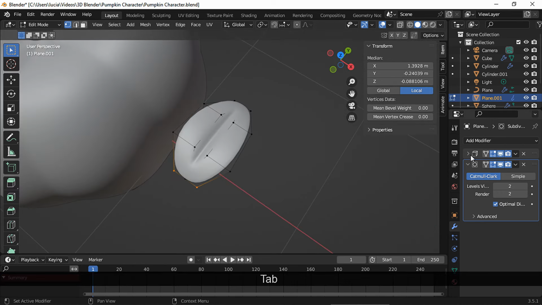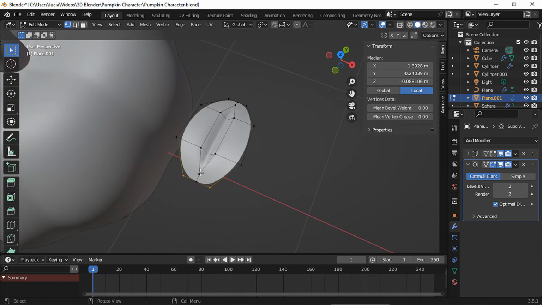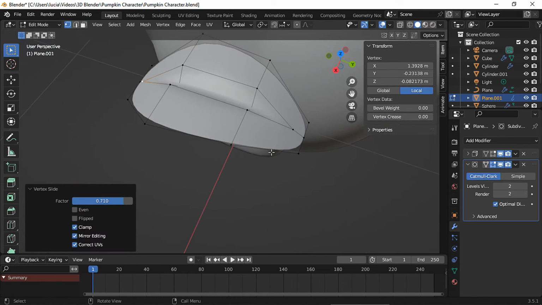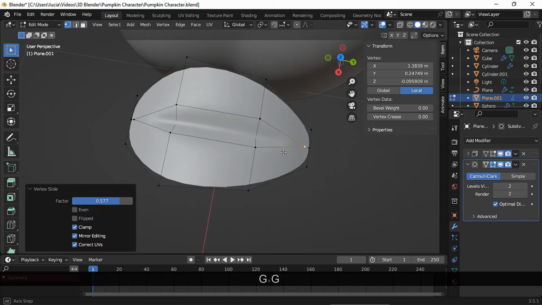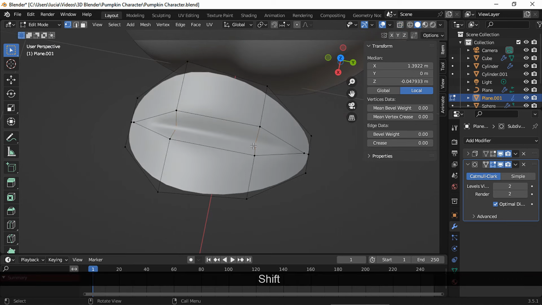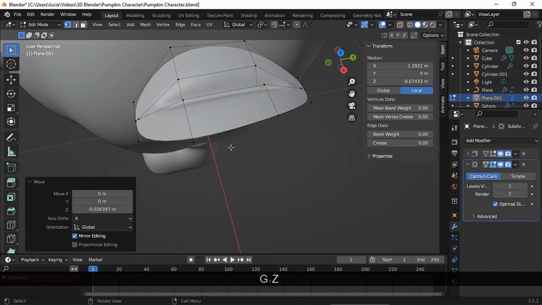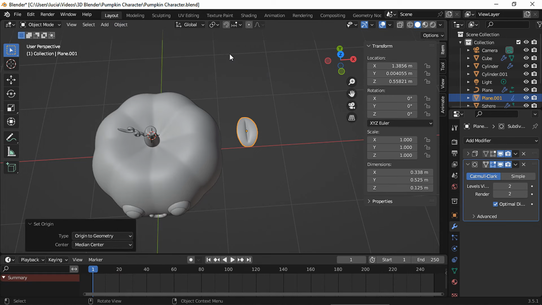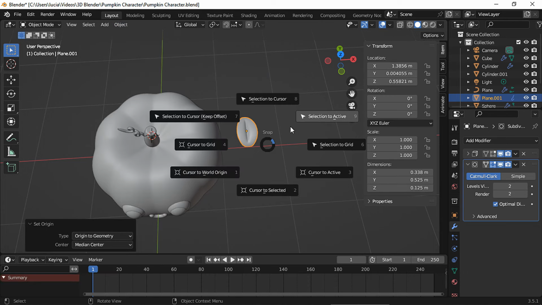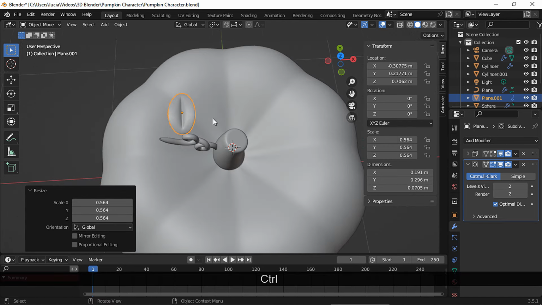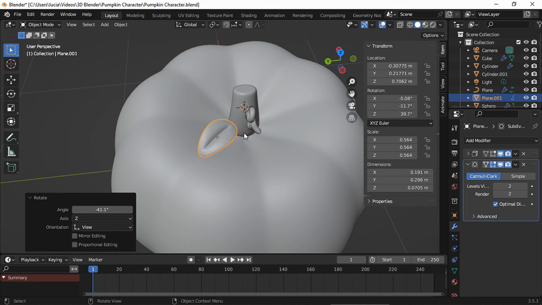Let's do a small touch-up, disable the solidify modifier so we can see better in edit mode, and move this vertex closer to the bottom and move this one closer to the top. Select these 2 middle vertices and move them down a bit. Okay, now let's set the origin to geometry, and since we have the 3D cursor where the stem is, simply set the selection to cursor to place it faster. Scale it a bit, and here just take your time to place the leaf where you want it to be.